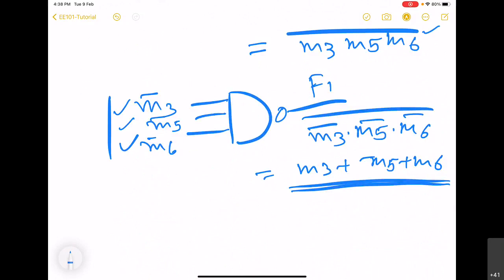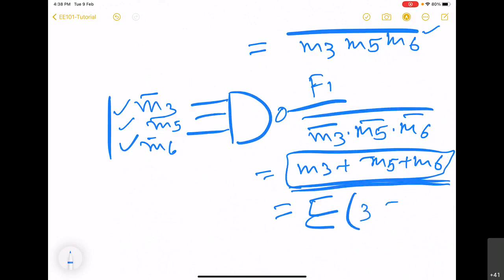And what you will get ultimately is M3 plus M5 plus M6, summation 3, 5, 6. So this is the implementation. This is the correct implementation for F1.